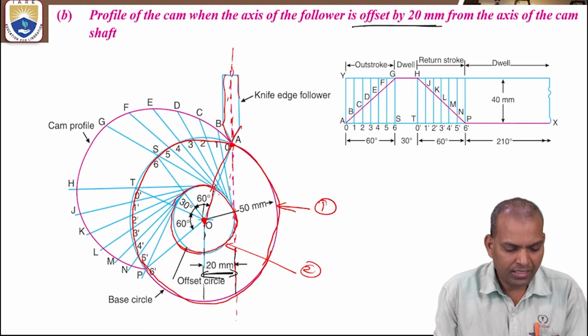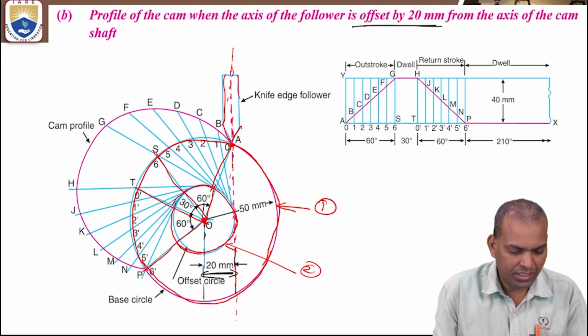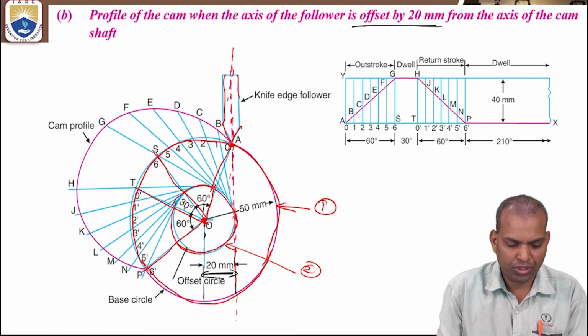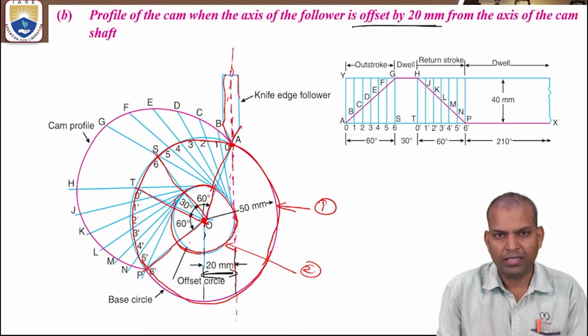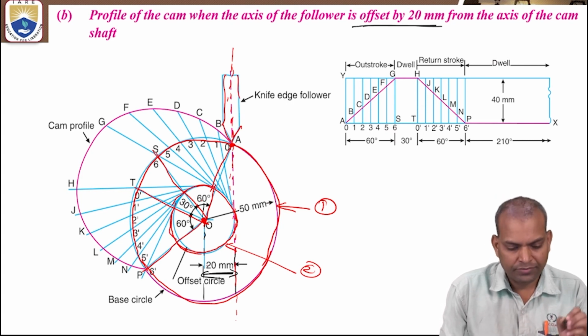With that reference line, divide this base circle into 60 degrees. This is the 60 degrees. After that, 30 degrees, and after that, again 60 degrees. Because this 60 degrees is the outstroke, 30 is dwell after the outstroke, 60 degrees is the return stroke, and the remaining 210 is the dwell after the return stroke. Now, very important,